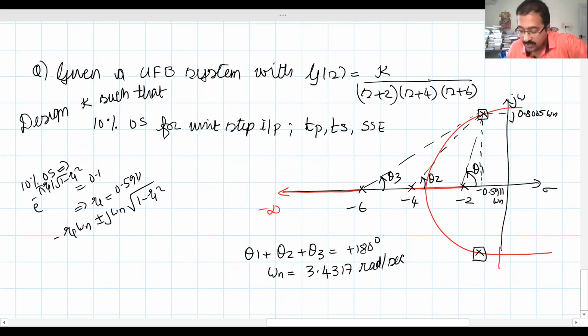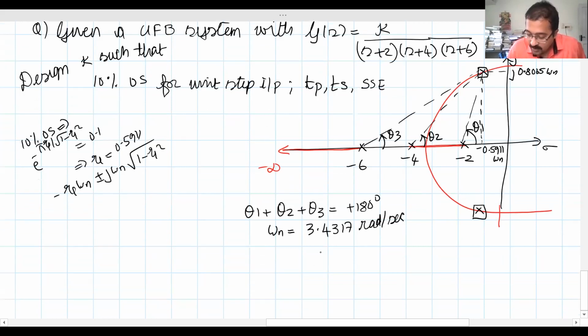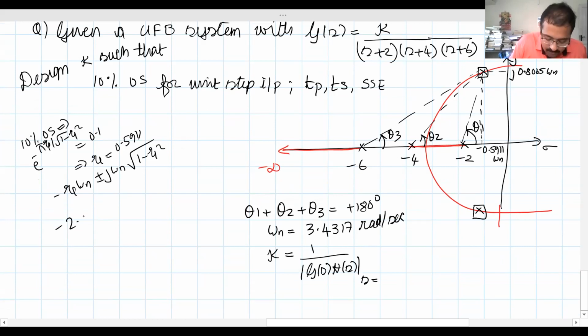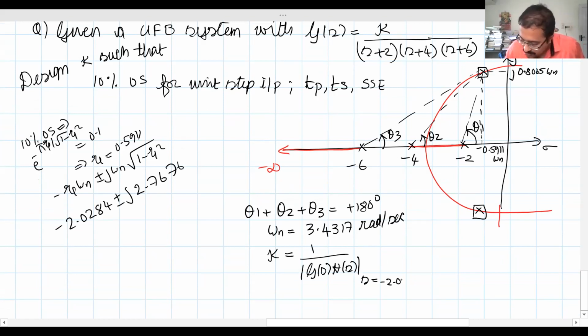Right? Now, how can you find the corresponding gain K? Using the magnitude condition, 1 divided by mod G(S)H(S) at S equal to the dominant pole. So if you substitute this value into the dominant pole, what will you get? It becomes minus 2.0284 plus minus j 2.7676. Okay, so now we have to evaluate this at minus 2.0284 plus j 2.7676. And how much is that? That turns out to be